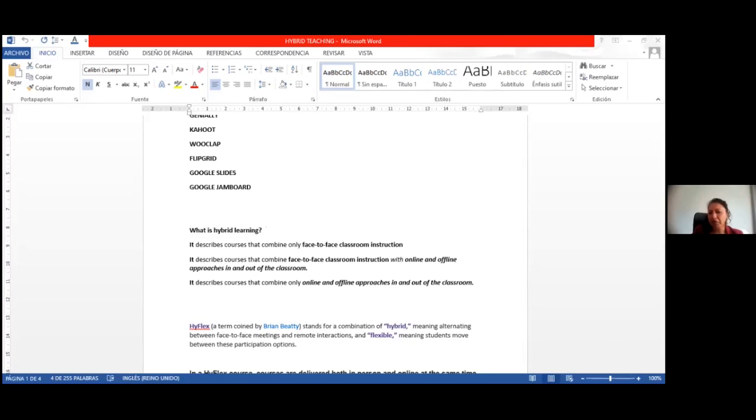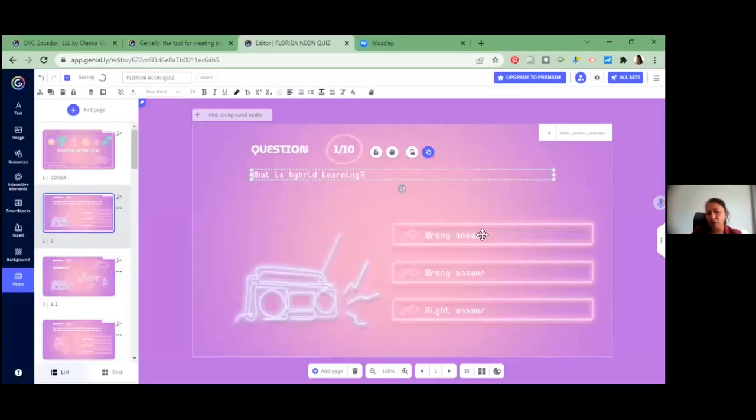Similarly, when you create any quiz that you prefer, it's going to be exactly the same. So you are going to put here, click over there, okay, and this is what is hybrid learning over there with this section. And then you are going to put, for example, Ronanza. I go to my Word reference and I put Ronanza, okay, and I put it here.